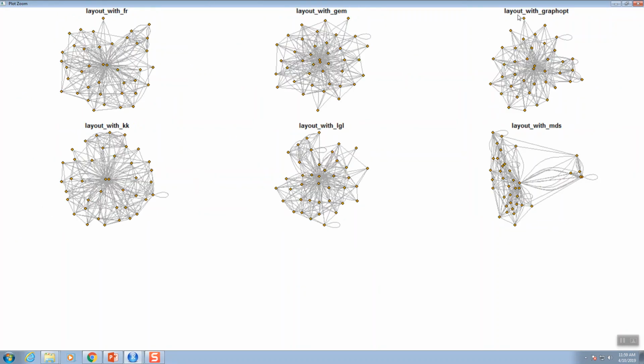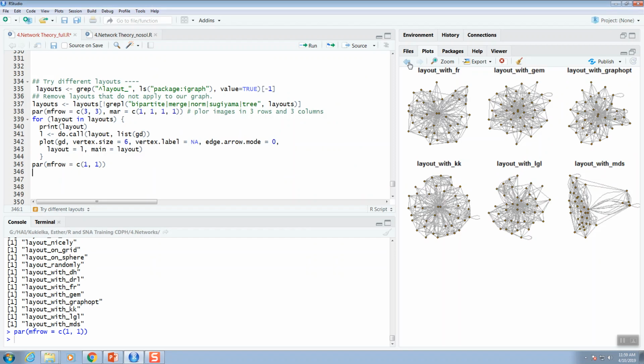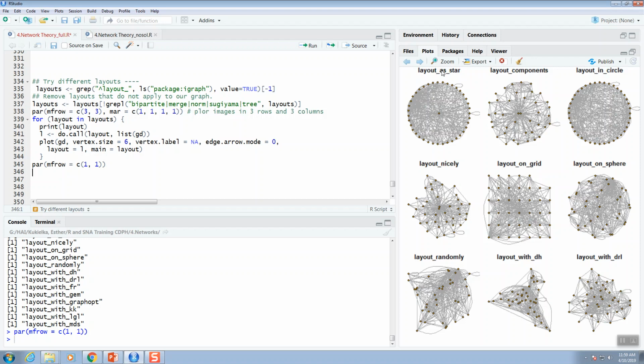But this code that I ran is showing you your specific network in different types of layouts, okay, different algorithms. This is the same network, so depending on what you want, you might want to show this one, which is the one I chose, or you might want to show this one here, or this one, whatever you want to show. If you want to map it on a map, I would recommend you go with ggplot,